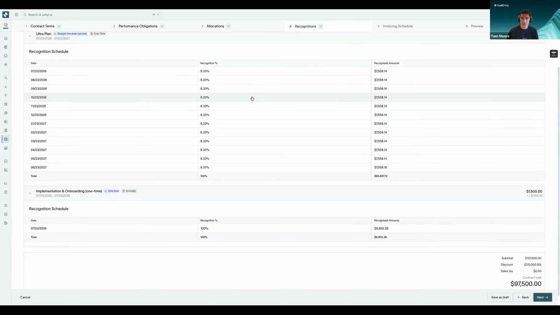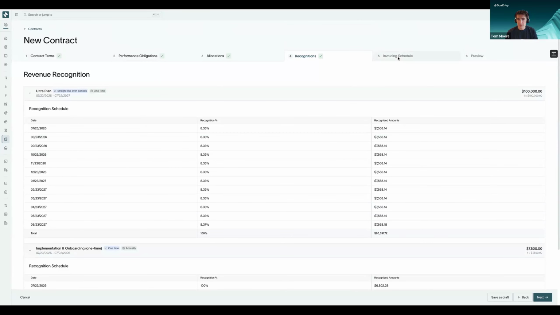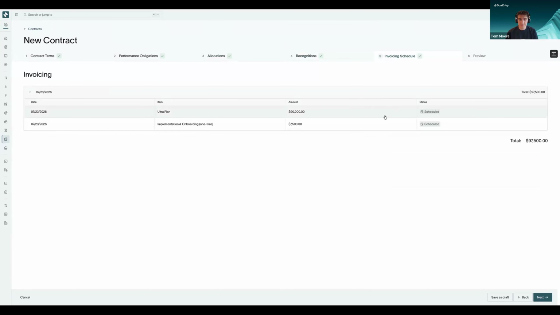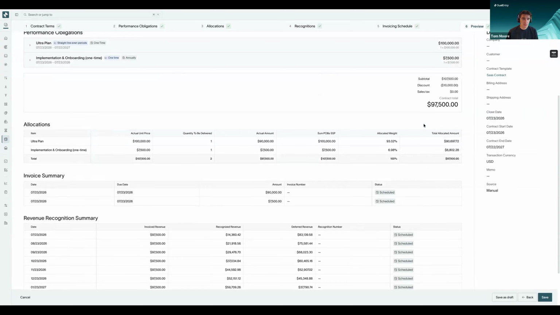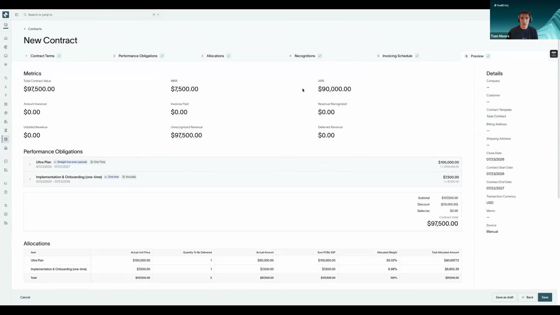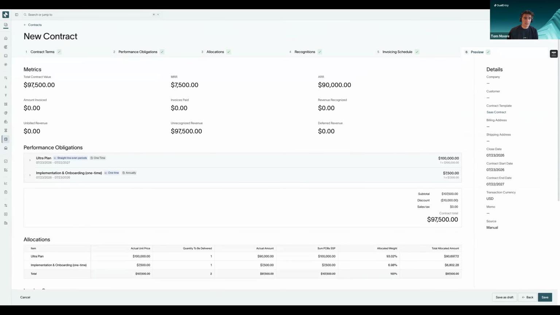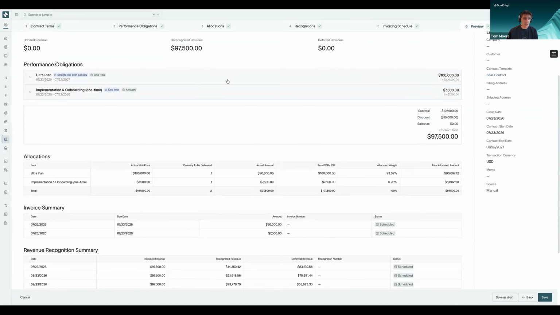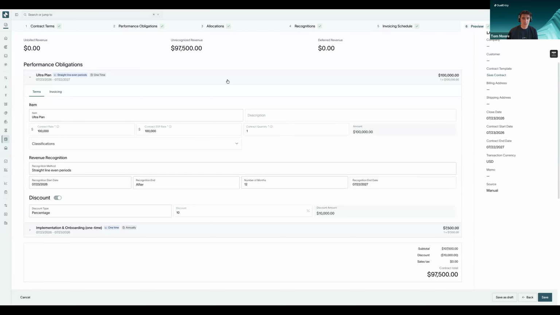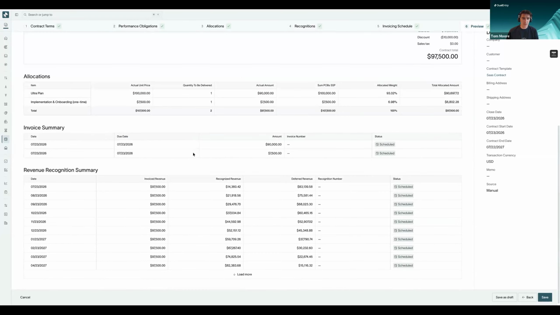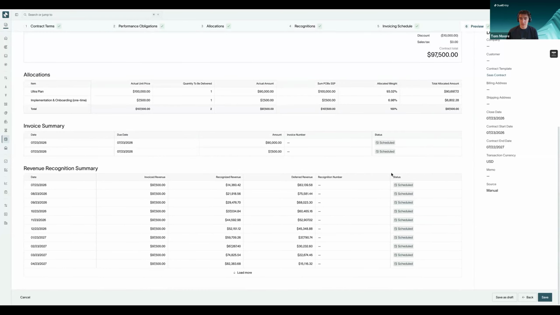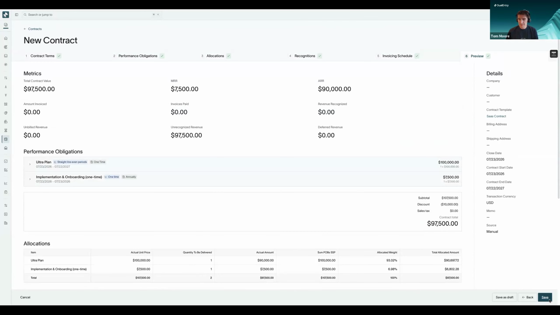They will have access to view and double check the invoicing schedule. And then we're also able to preview the contract and what that looks like. So you'll see the total metrics, MRR, ARR, and these will be populated as the contract goes throughout its duration. See the performance obligations that you can click into for the additional granularity that we just went through, the allocations, the invoice summary, as well as the revenue recognition summary from here, as well as what those schedules are. So once we post that,